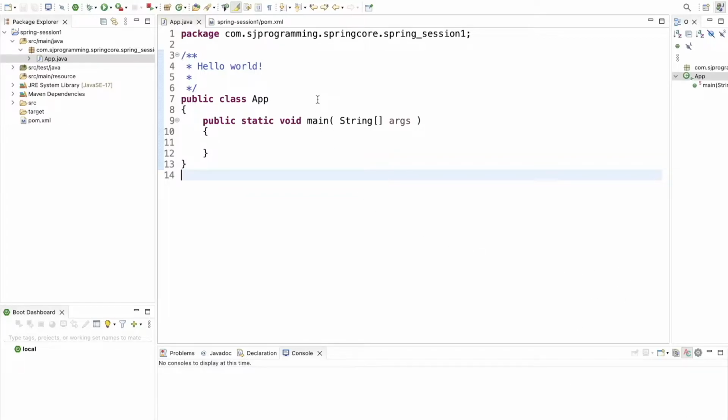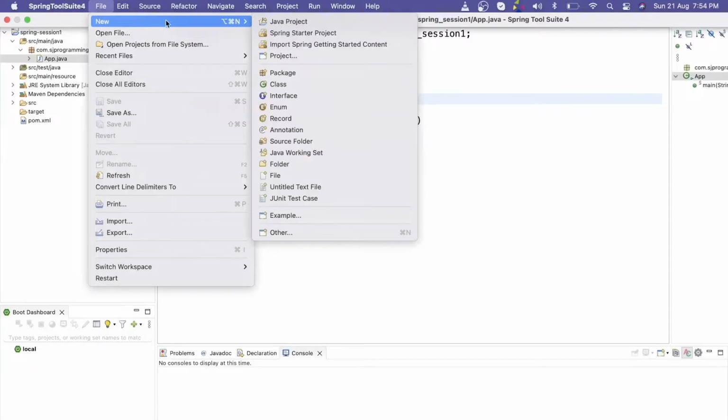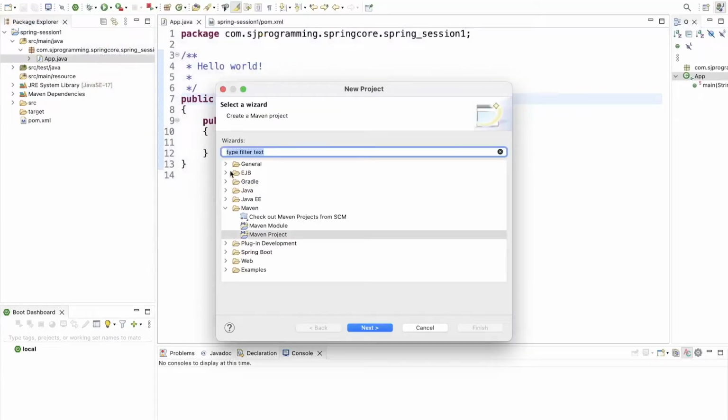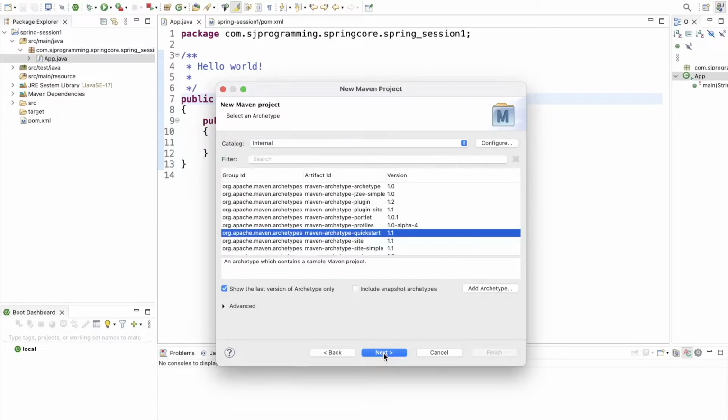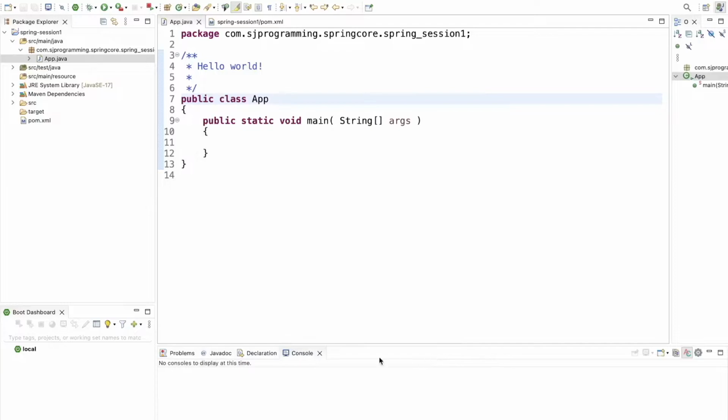Very first we have to create one simple Maven project. So let's see how we can create a Maven project. We have to go to file, new project. Here we have to select a Maven project, next, next, next, and here you have to give a group id and artifact id and click on finish. Your Maven project will be ready. Okay, so I have created here Spring Session 1 Maven project, and this is our main class, and here we